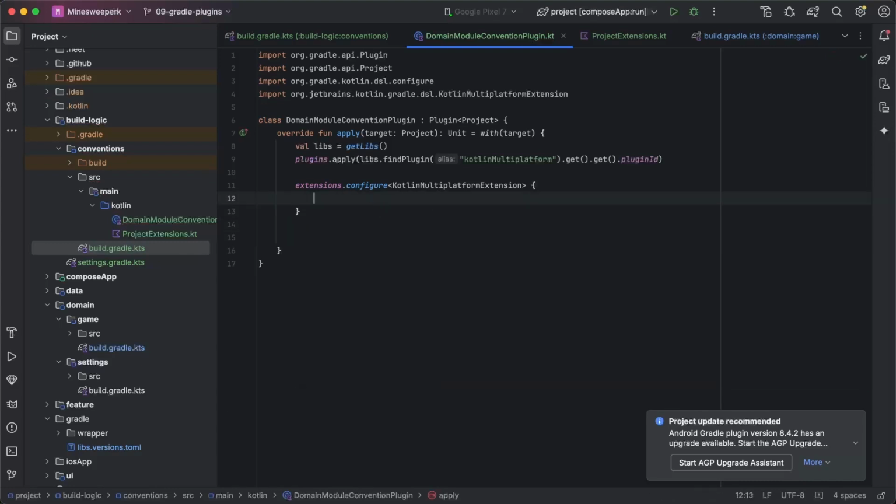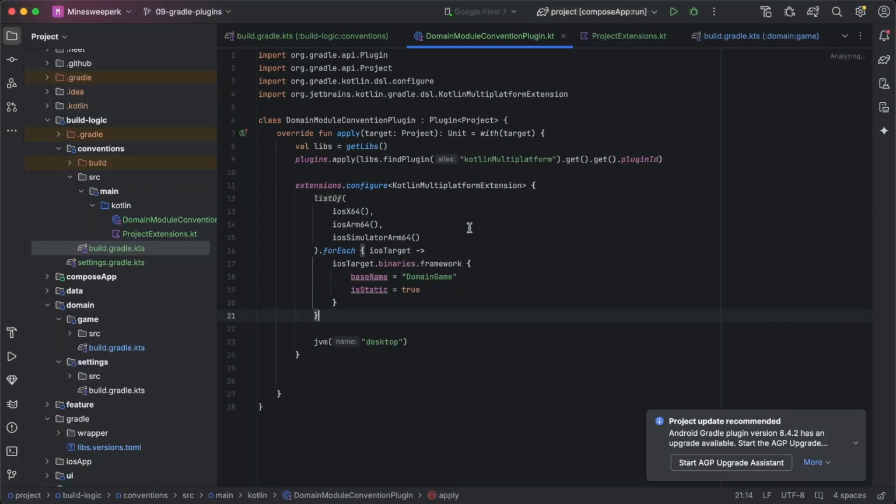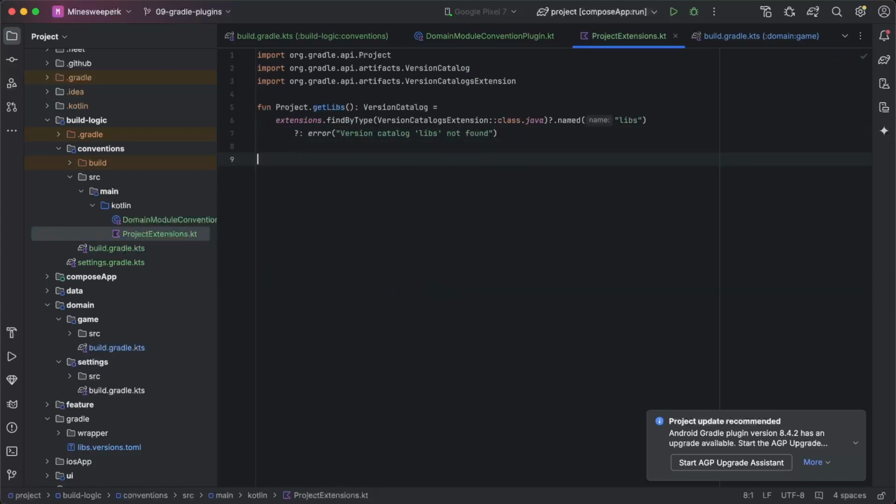And now from here we can just copy that directly in and paste this code. Now one thing you might have noticed, this is using the name domain game, which we obviously don't want because that's just for one specific module. So what we'll do is go back into project extensions and we'll create another extension function, or this will be an extension property. We'll say val project.module name,